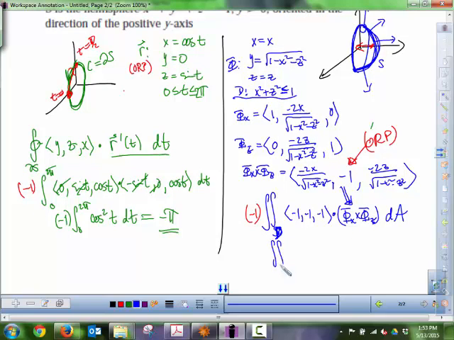Let's simplify this a little bit. Negative 1 times this integral. And I have a negative 1, so it's basically this thing turned positive and then added up all together. So that is 2x over this, minus x squared minus z squared, plus 1 plus 2z squared of x squared minus 1 minus x squared minus z squared. And then I'll say dz dx,